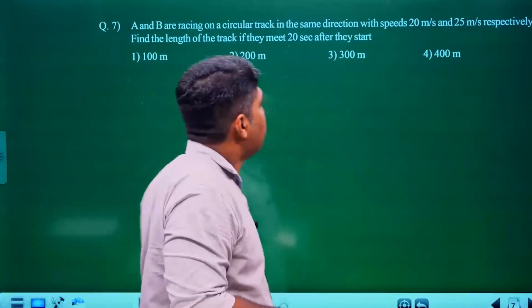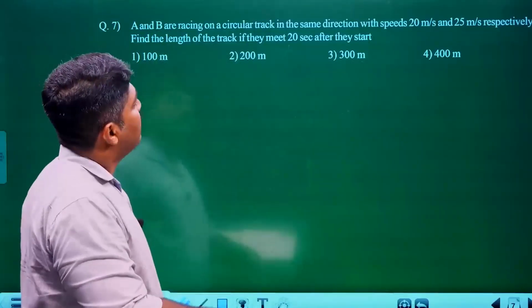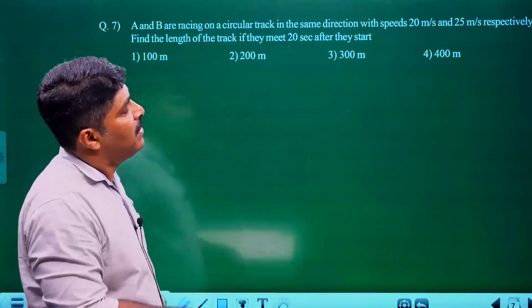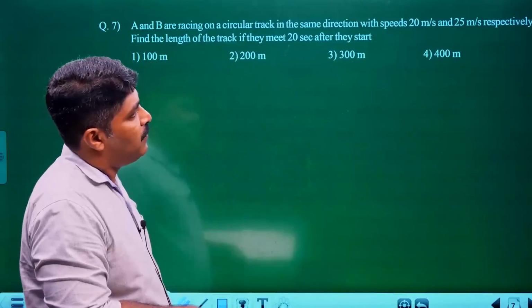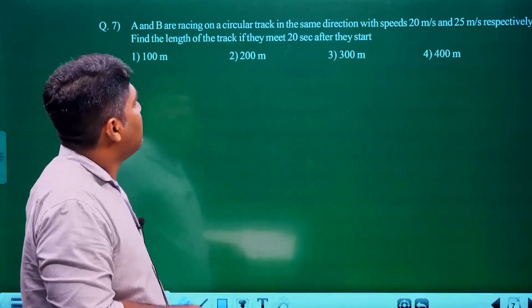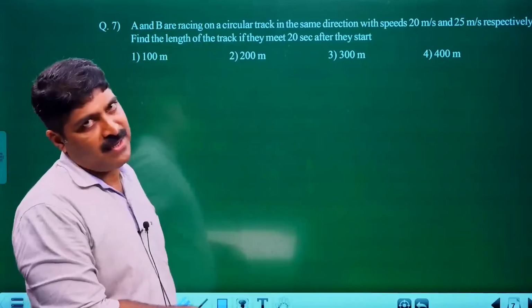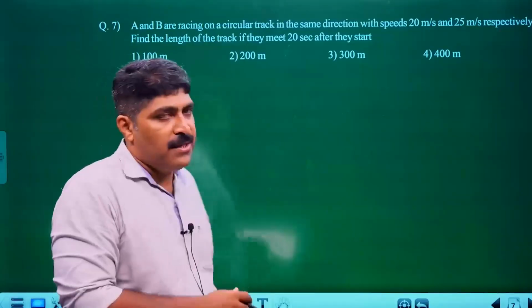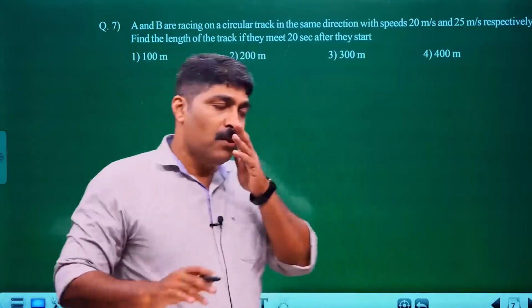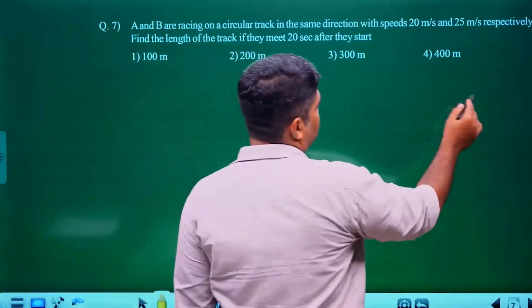Now, the next question, question number 7. Two persons are racing on a circular track in the same direction with speeds 20 meters per second and 25 meters per second respectively. Find the length of the track if they meet 20 seconds after their start. So it's a concept related to circular tracks. While we are considering a circular track race,